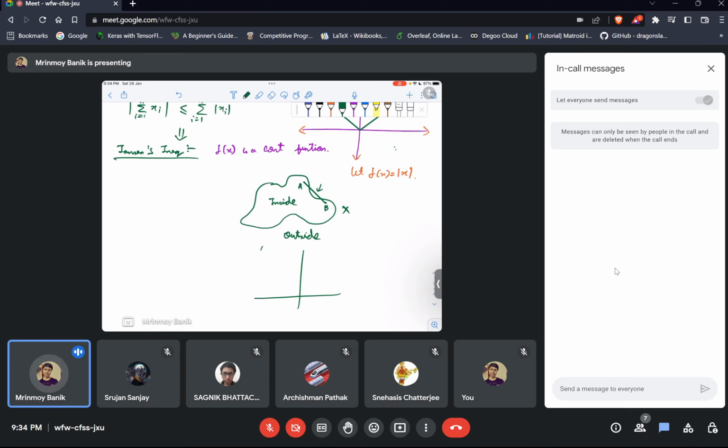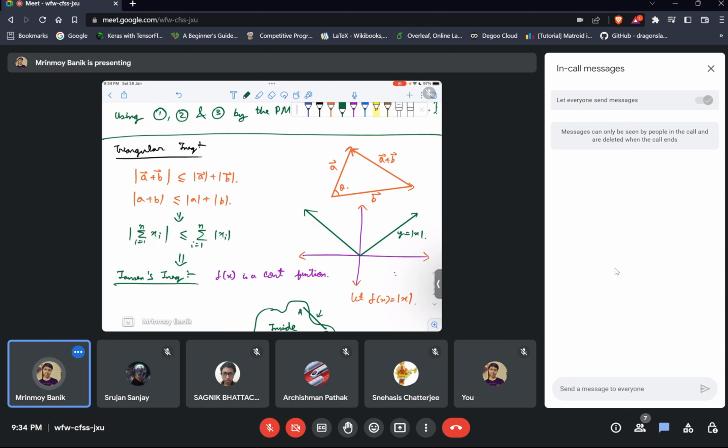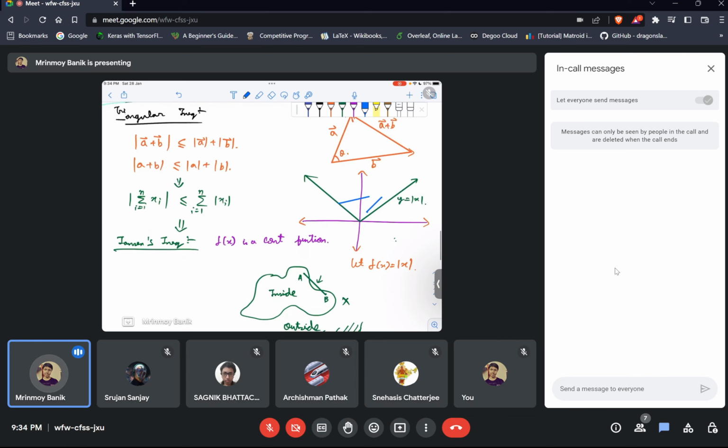So in the case of graphs, the inside part is the upper half, and everything else is outside. So this is the inside, the shaded part. If you take, for our y equals mod x graph, any 2 points, you can see it always stays inside. There's no way to pick 2 points inside the graph and have the line pass through outside. So this is a convex